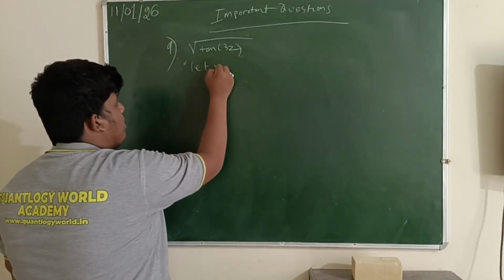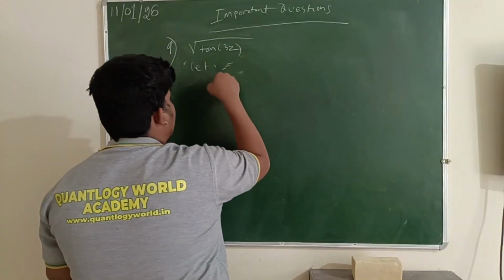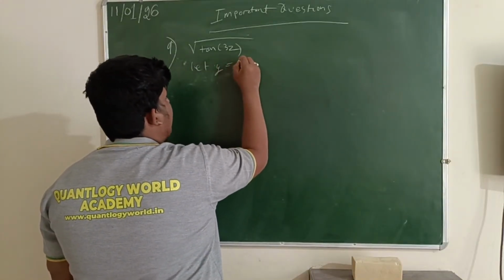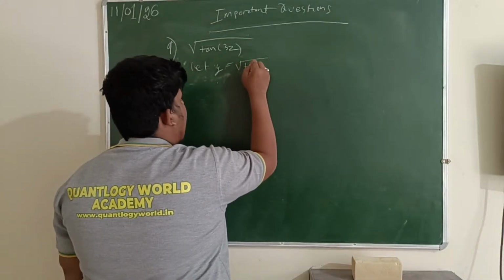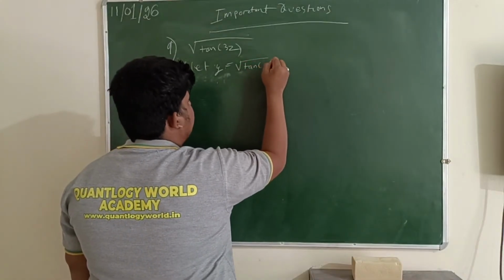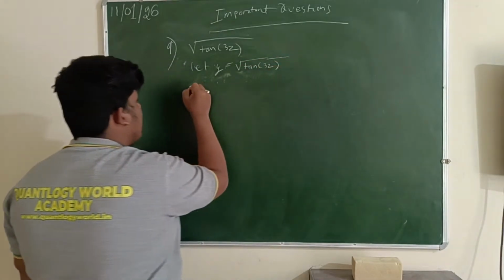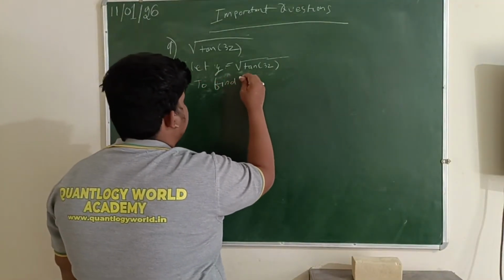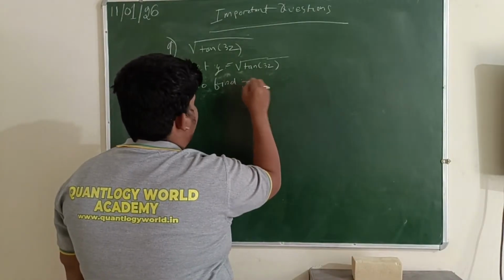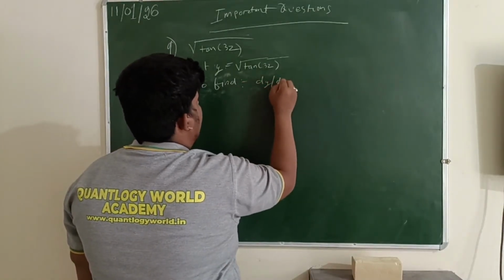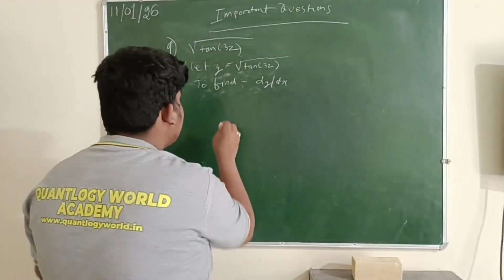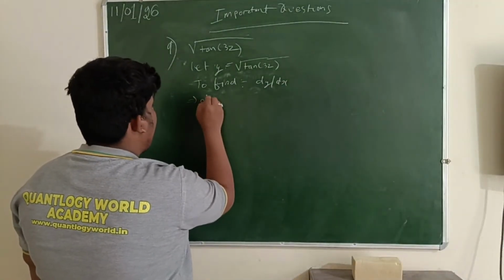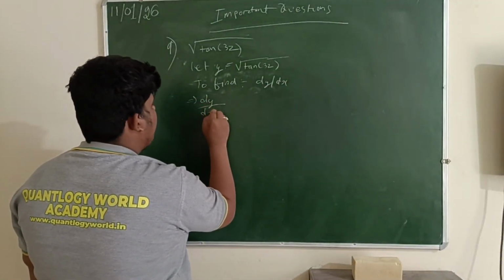First step, let y equals root over of tan 3z, to find dy by dx. Implies that dy by dx equals